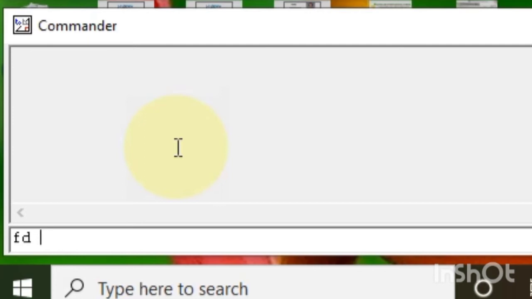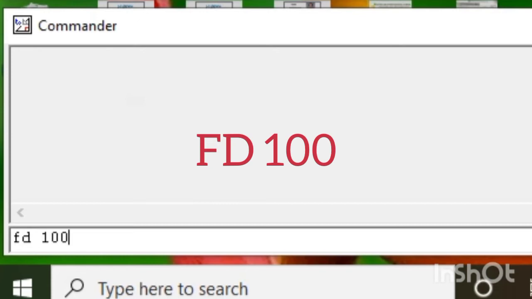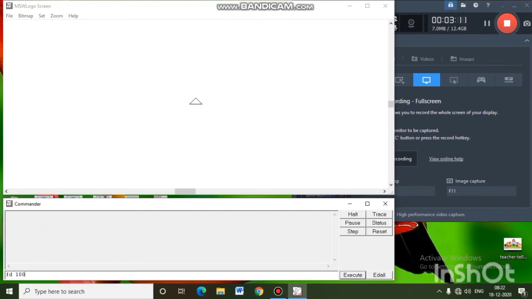The number value defines how many steps, or how much distance, the turtle will cover. I will enter 100 here. Then press the enter key on your keyboard. As you can see, the turtle moves forward by 100 steps.